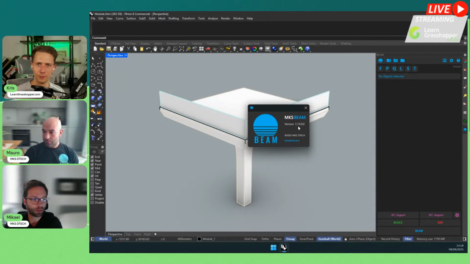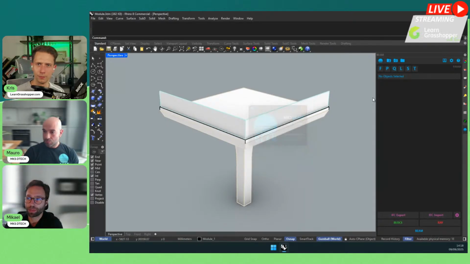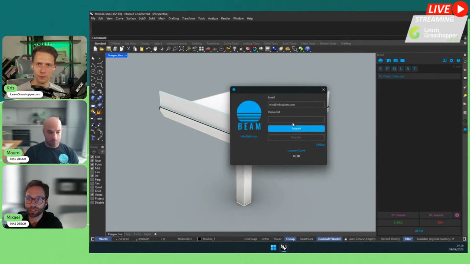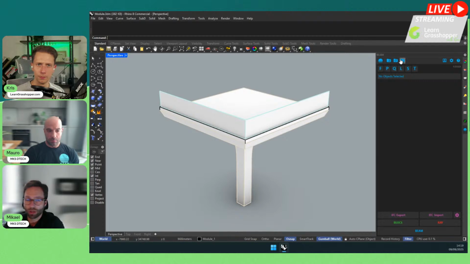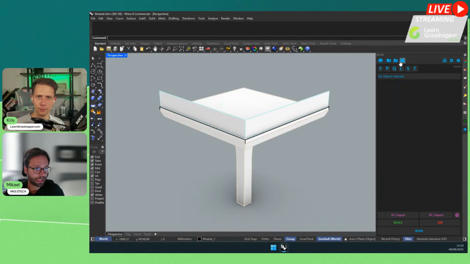So please download the beta version and especially log in with the credentials that we gave you, so you can remove any limits for import-export functionality, since with the free version, you can export just a limited set of elements. With that, you will have a license to use full features. We will ignore a few of these buttons that are more related to the Revit workflow.